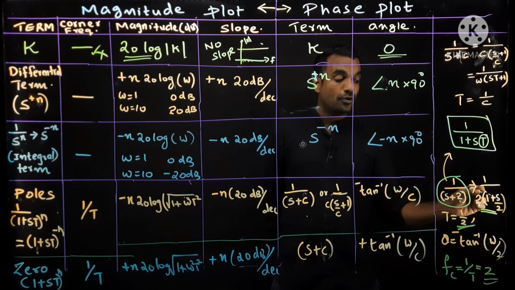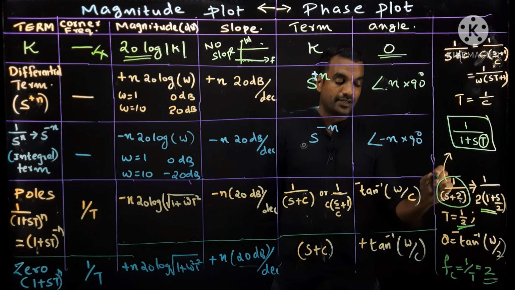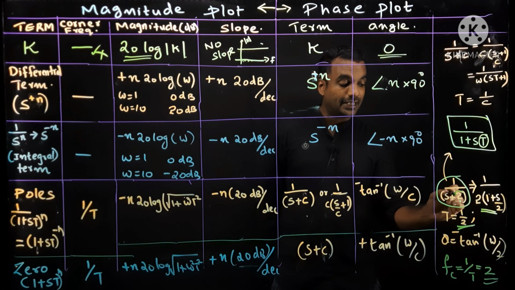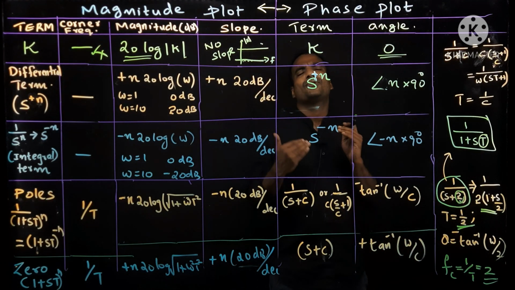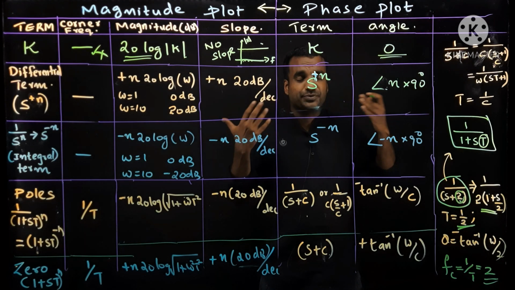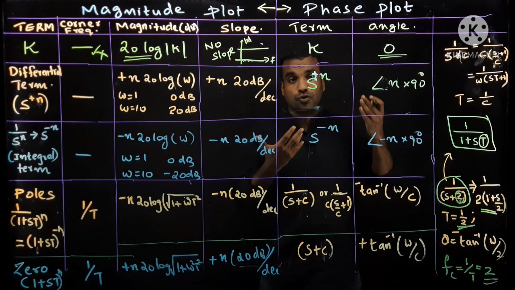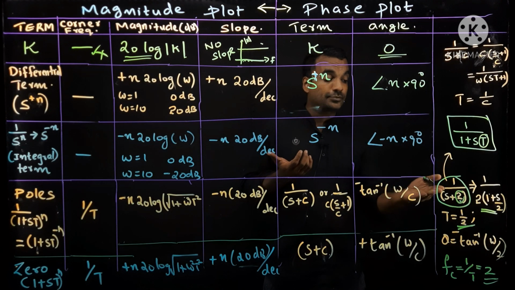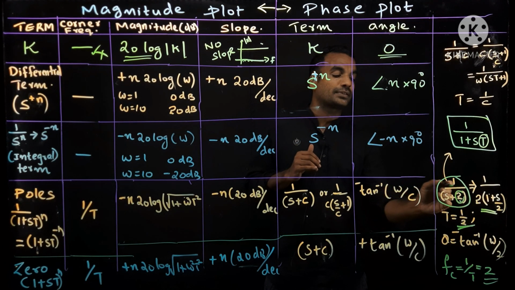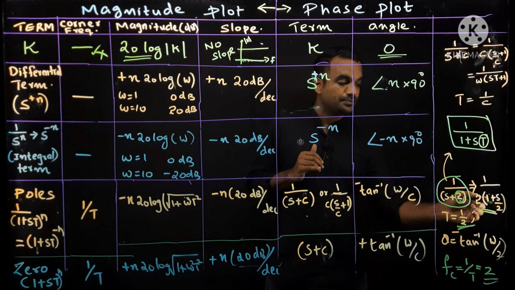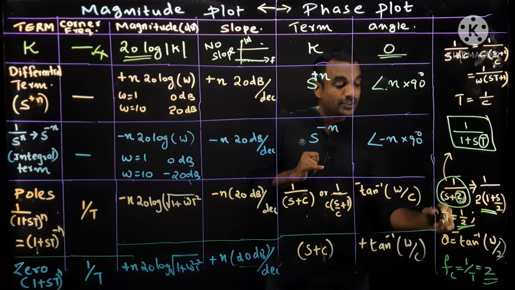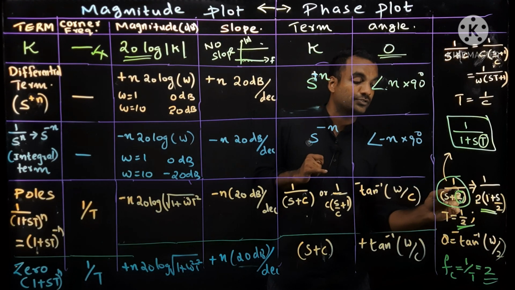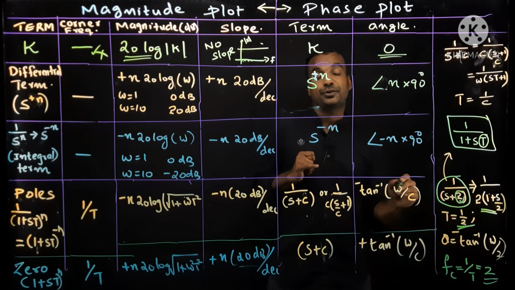Or in other words, before reaching the standard form, we have a conventional form. In that conventional form, there is an s plus something. That something represents the corner frequency. You have to work with your own mind. You have to analyze it yourself. S plus 2. You can simply say 2 represents the frequency, because in standard form, if you take 2 outside, you will get T as the coefficient of s. So it will be 1 by 2. So the inverse of that T itself will represent the corner frequency. So in the previous step, we can say 2 is the corner frequency.